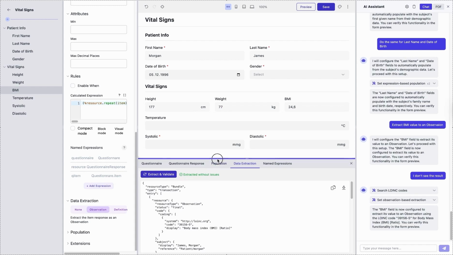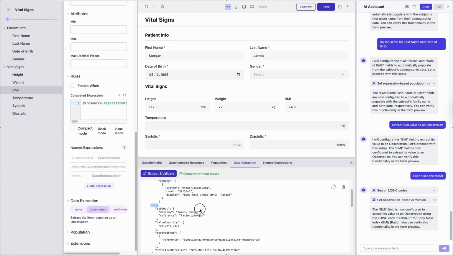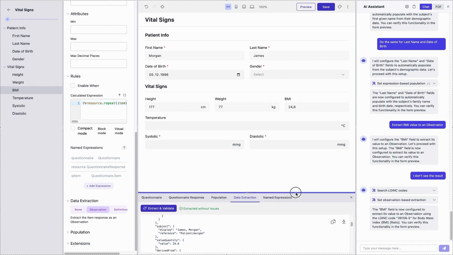And now we can see we get the observation resource with a final status code for BMI, with a reference to the patient. We can see the value. Yeah. We can do the same for the temperature. For example,